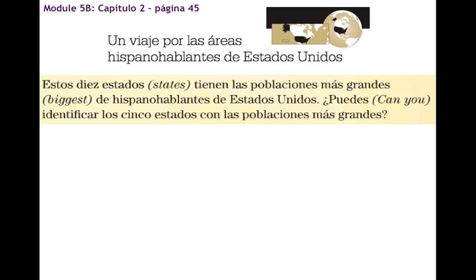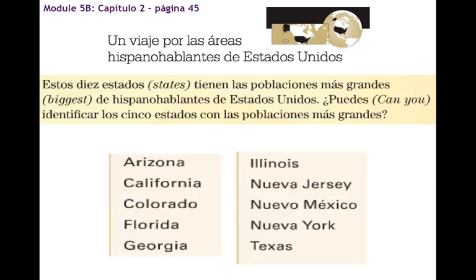Estos 10 estados tienen las poblaciones más grandes de hispanohablantes de Estados Unidos. And remember, hispanohablantes means Spanish speakers. Puedes identificar los 5 estados con las poblaciones más grandes. So here we have our 10 estados en los Estados Unidos. And by the way,